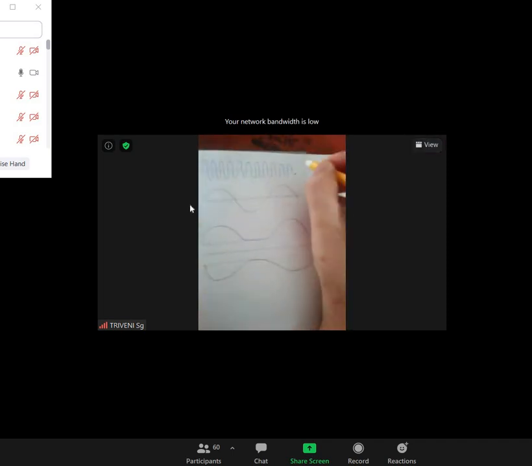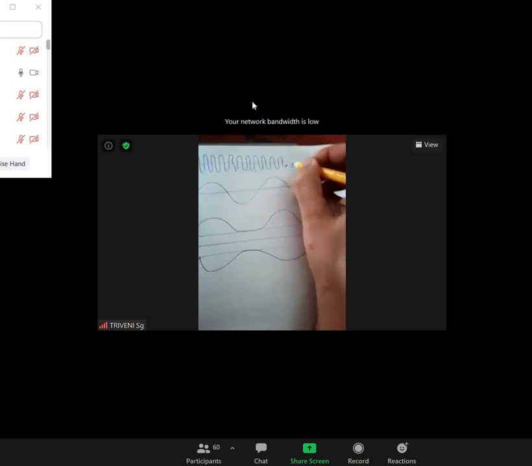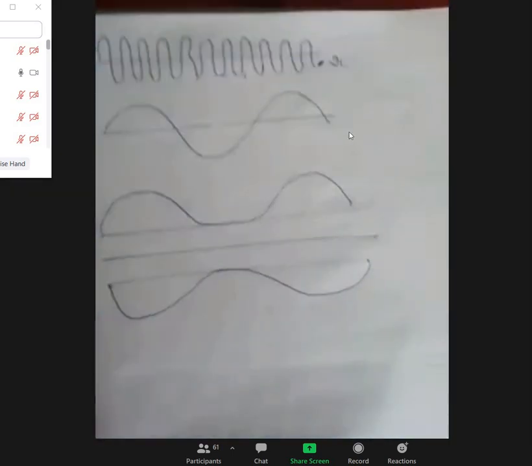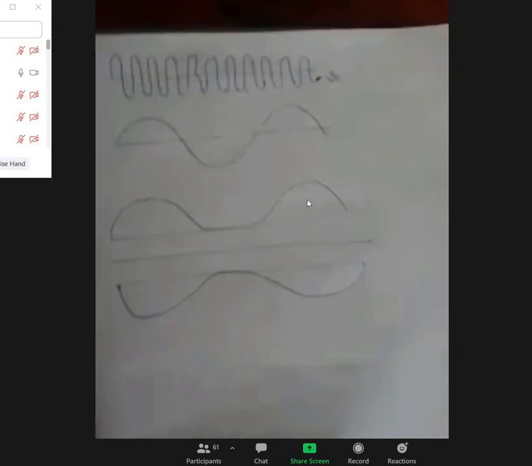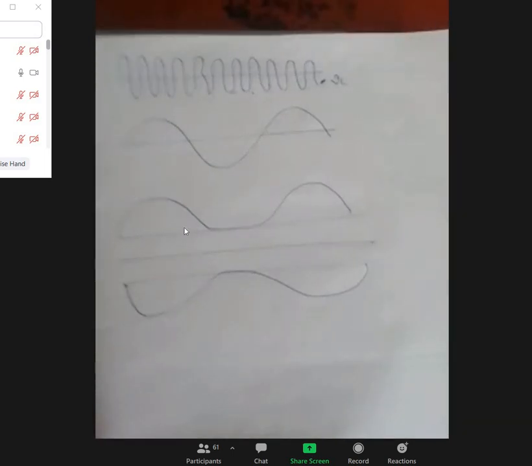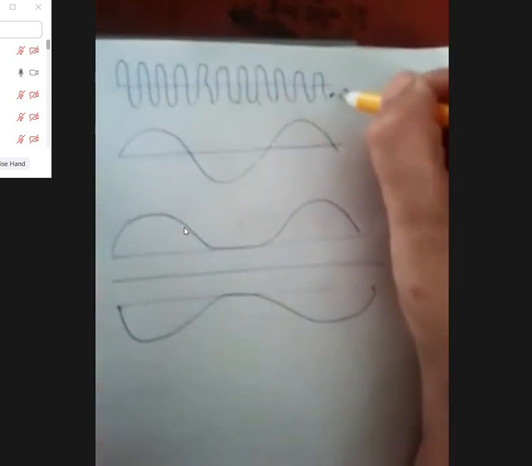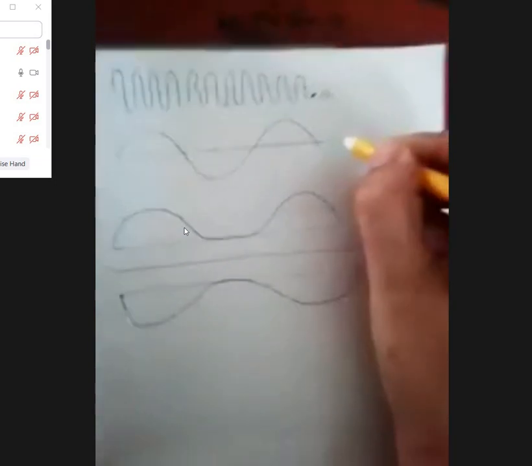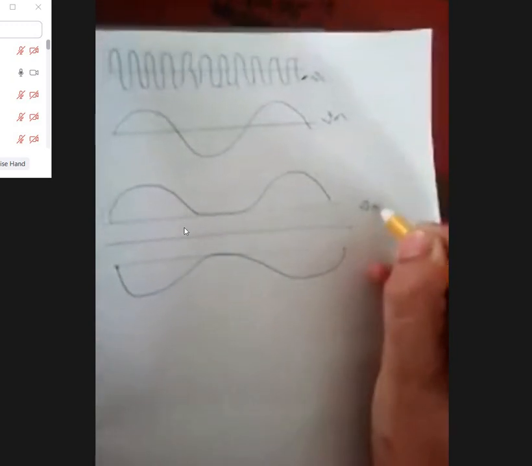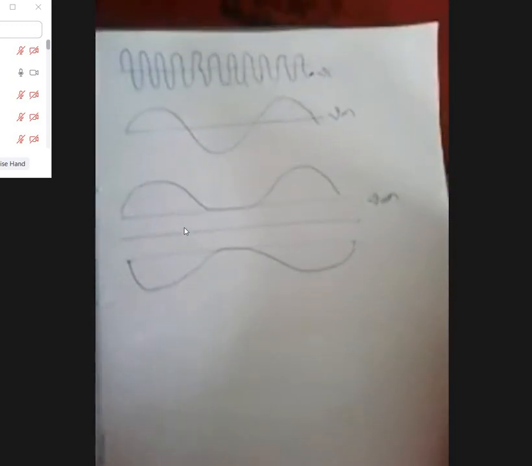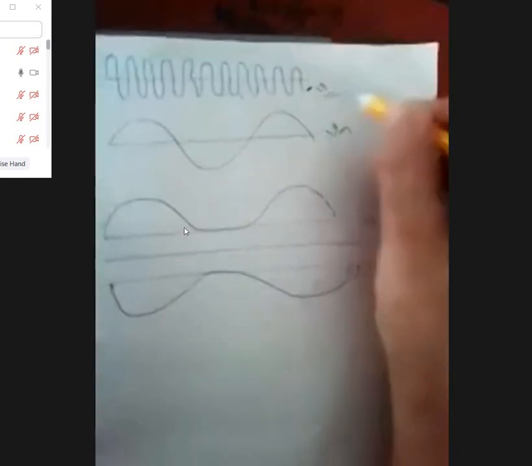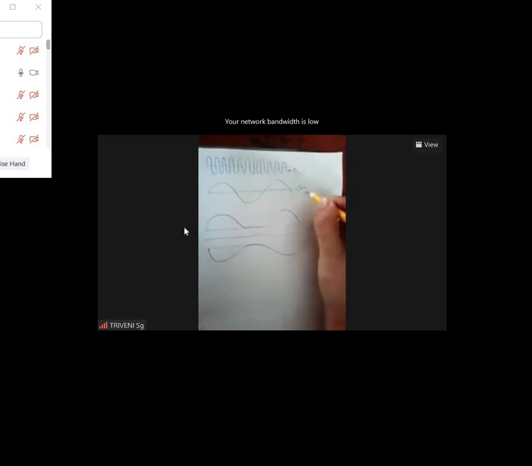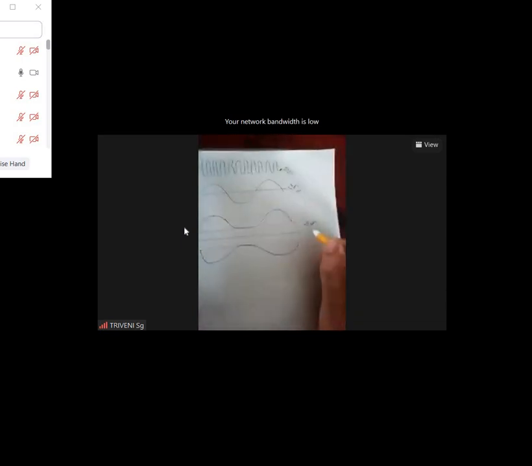Look at here, this is the carrier signal. It is denoted by the vc. The carrier signal is denoted by the vc. This one is the modulating signal, that is the message signal, that is denoted by the vm. And it is the modulated signal, that is denoted by the vAM. All are the smaller case letters. Small vc, that is the carrier signal. Small vm, that is the modulating signal or information signal. And vAM.